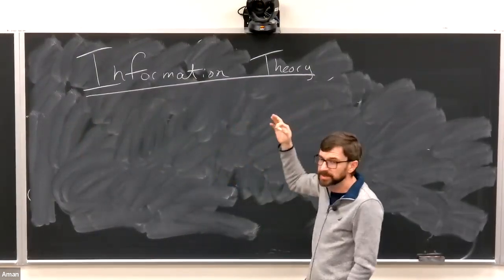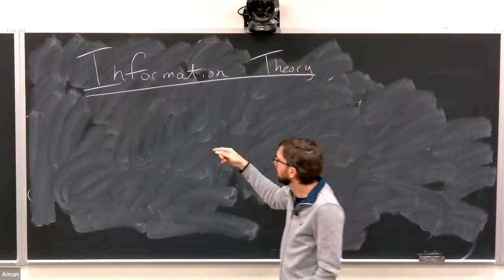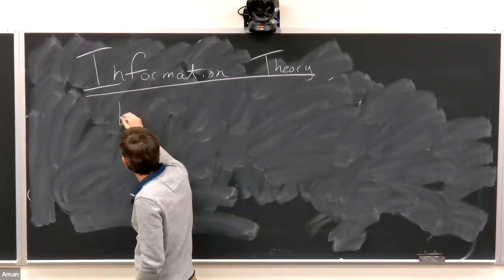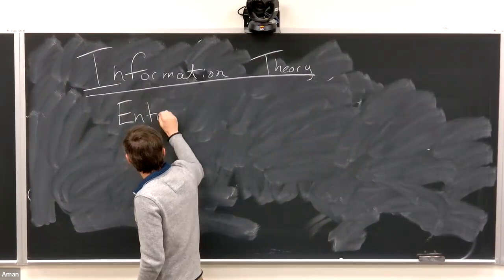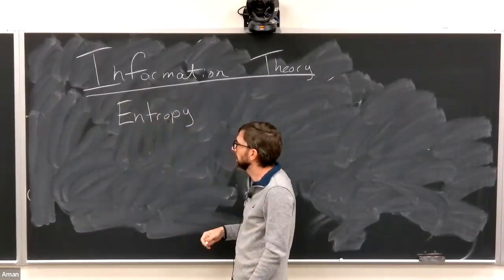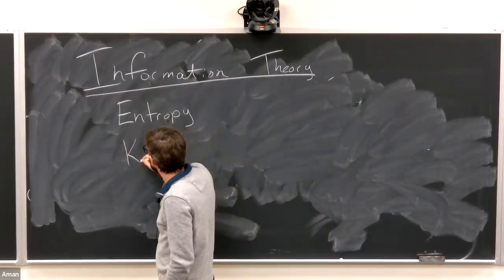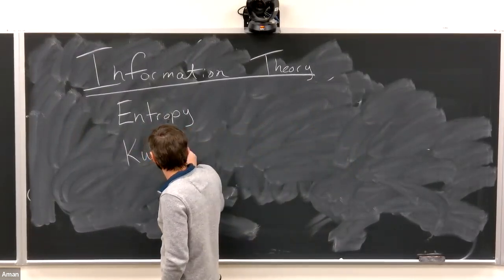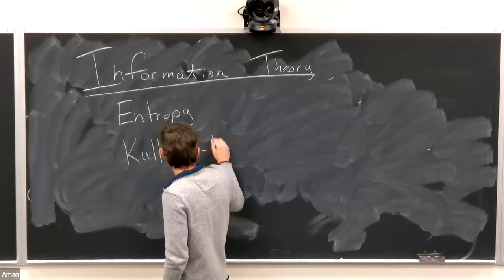The main concept in information theory, the basic principle behind all of it, is this concept of entropy. And then we'll also talk about the Kullback-Leibler divergence,